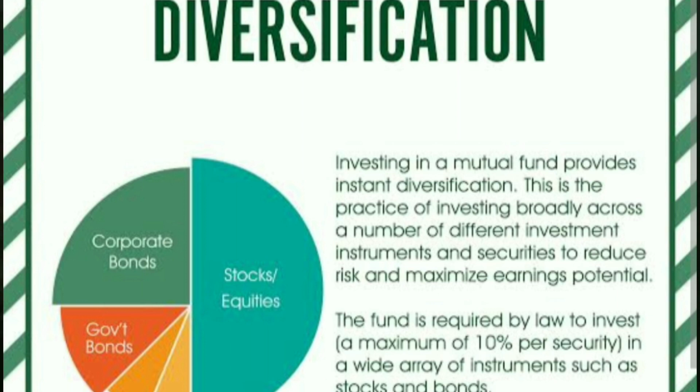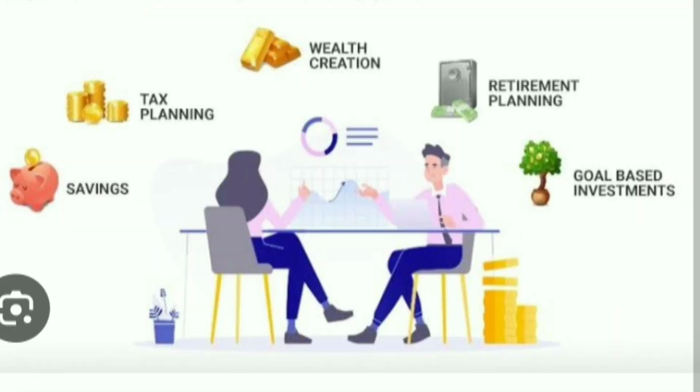Second is diversification. Equity mutual funds have their share of risk as their performance is based on the stock market movements. However, the fund manager spreads your investment across stocks of companies across various industries and different sectors, called diversification. In this way, if one asset class does not perform, the other sector can compensate to avoid loss for the investor.